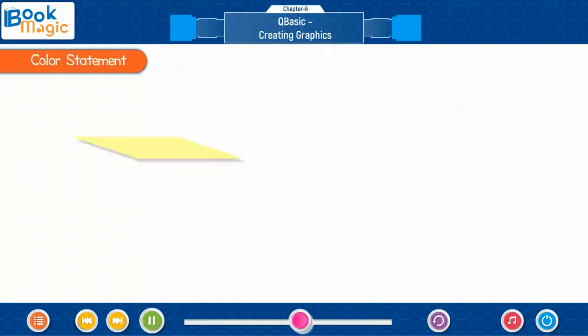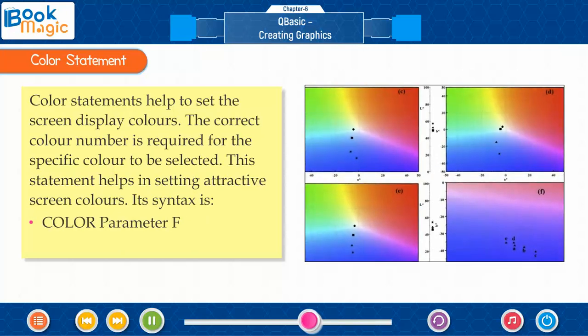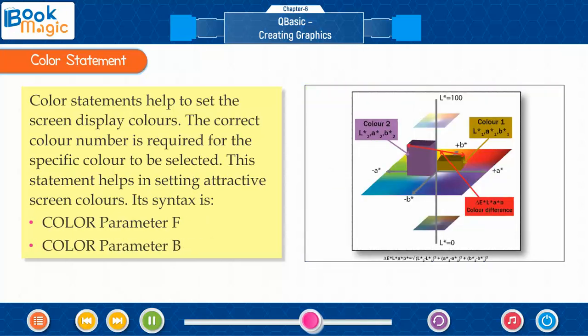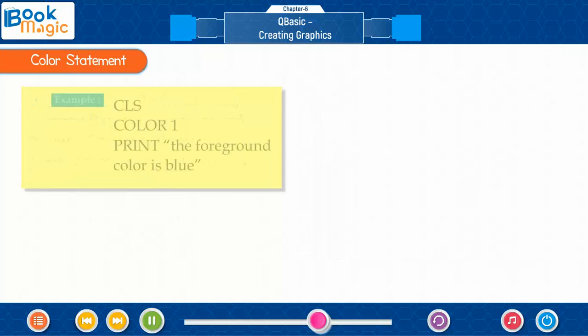Color statement. Color statements help to set the screen display colors. The correct color number is required for the specific color to be selected. This statement helps in setting attractive screen colors. Its syntax is COLOR F, B. F is used to specify foreground, whereas B specifies background color. 16 color options are present, specified by value 0 to 15. Example: